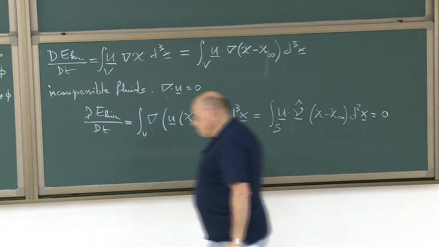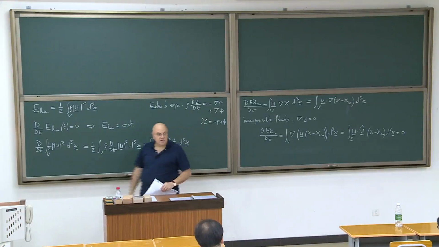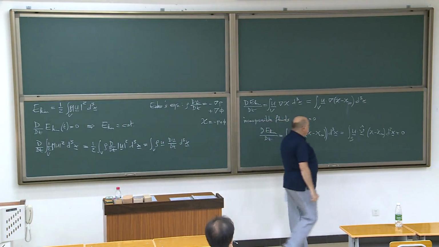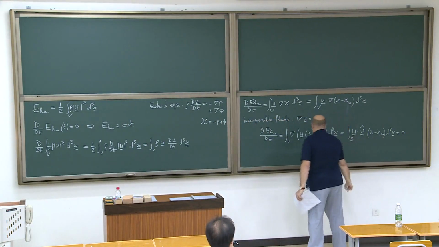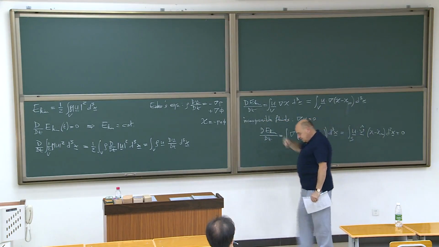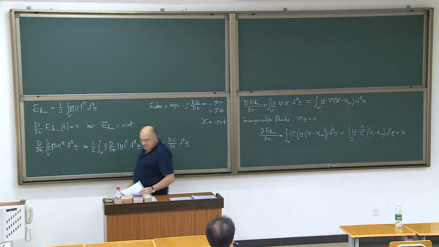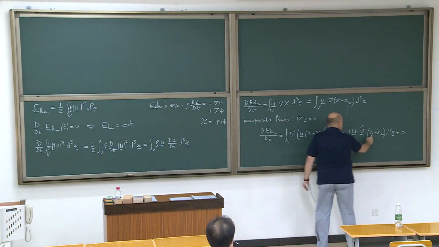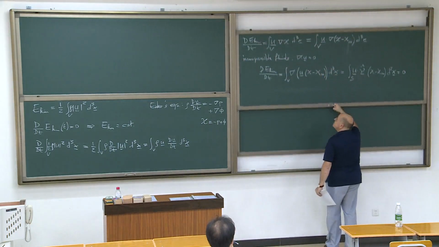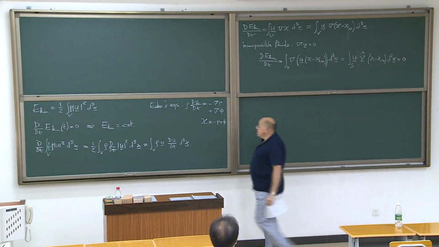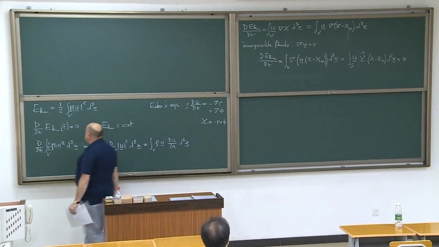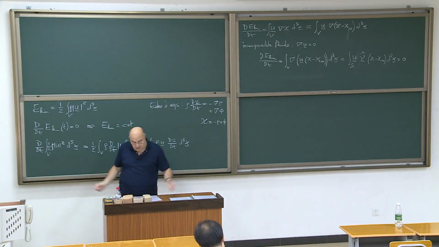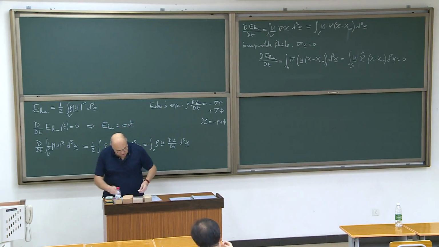And this is 0, especially in the case where we consider an infinite domain, or where at that infinity, so to speak, the value of chi gives 0 to this integral. Okay, so this is conservation of kinetic energy for an ideal fluid. And now we are done with the classical equations.